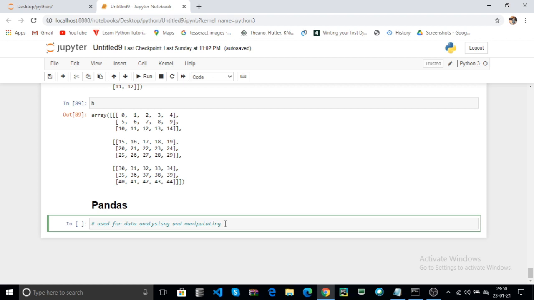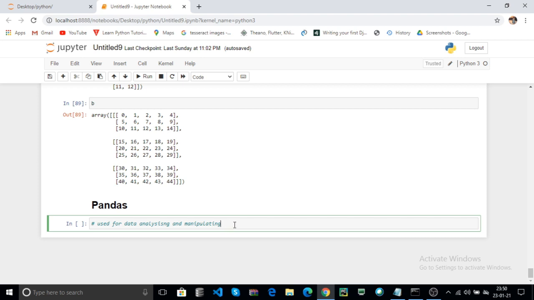Pre-processing means analyzing your data, removing null data, removing unwanted data, enabling correct data types for the columns, and using different filtering techniques. These are what pandas is used for in data pre-processing in data science.